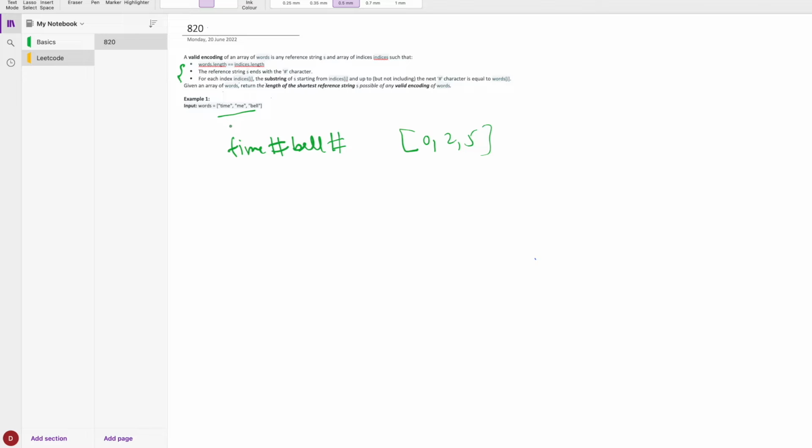So we have to return the length of this reference string. In this case it will be 10. Then the first property is words.length equal to indices.length. It means that in this case words.length is 3, so indices.length will also be 3. Next, the reference string should end with a hash,